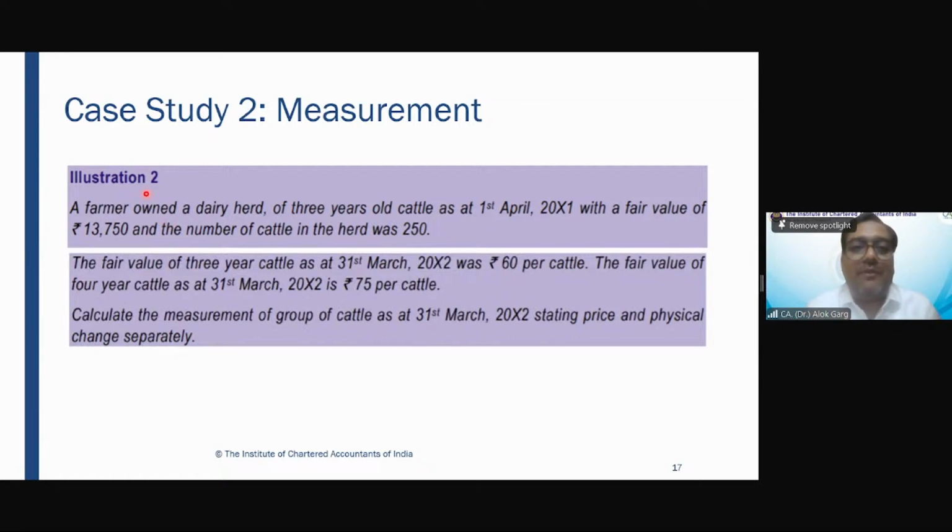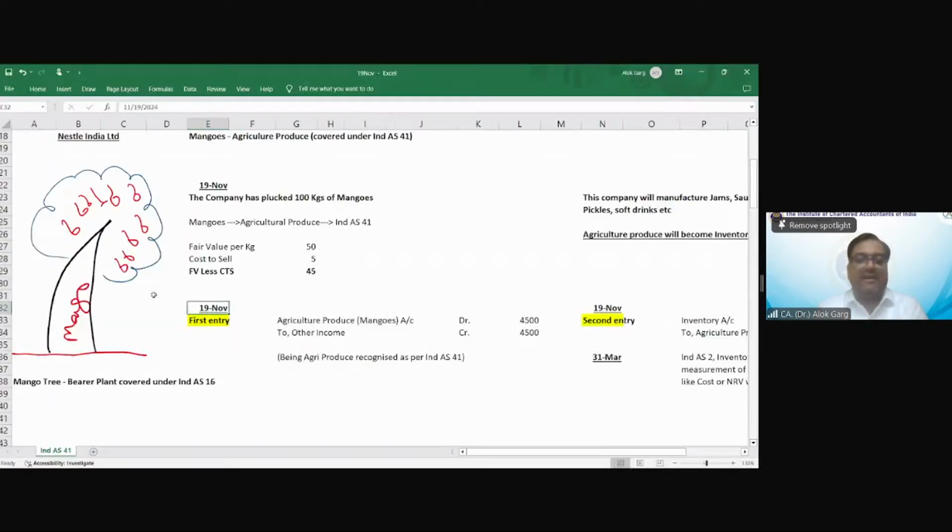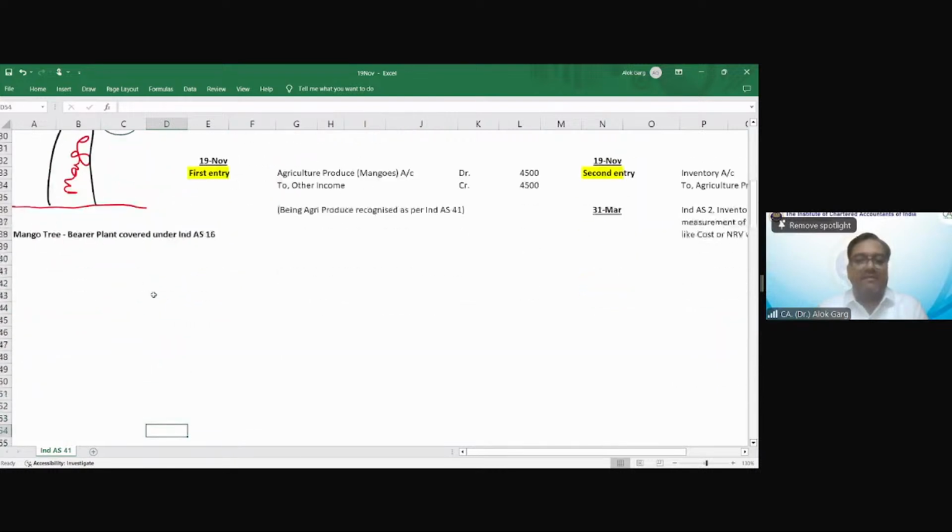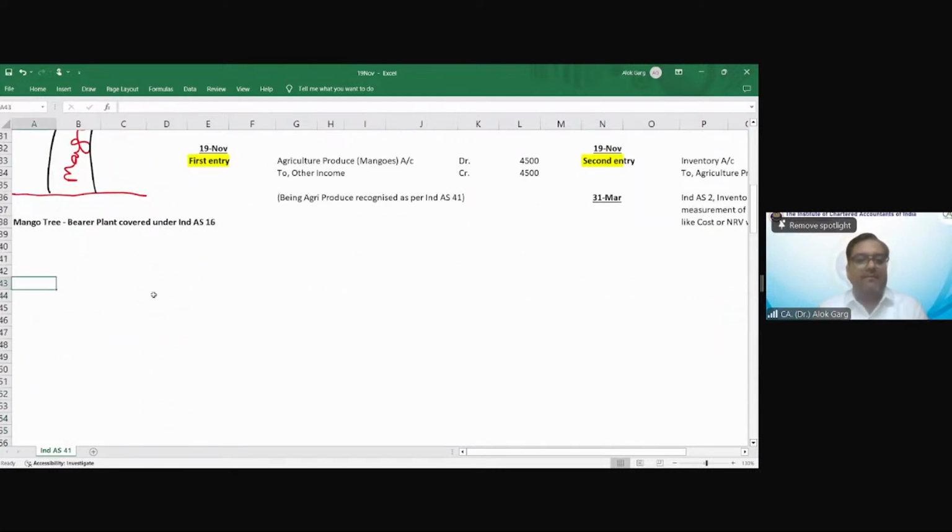Okay. So before taking illustration number 2, let me give you more clarity in the form of some examples on Excel file. Then I'll come to the BOS material, right? Okay. So please confirm if my Excel file is visible to everyone. Please confirm if it is visible. Yes, sir. Okay. So let me give you more examples so that you will have 100% clarity.